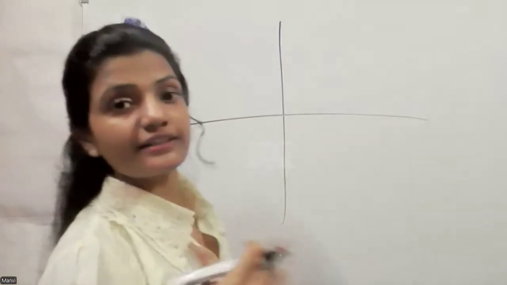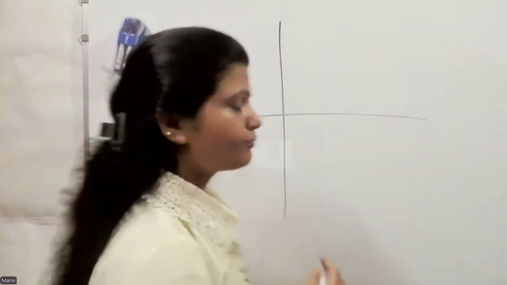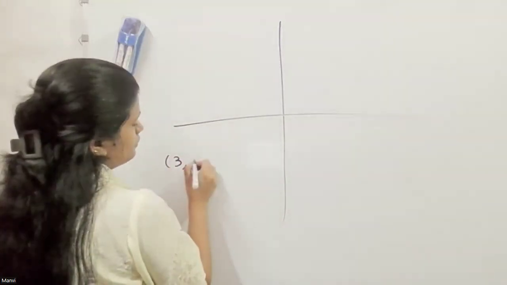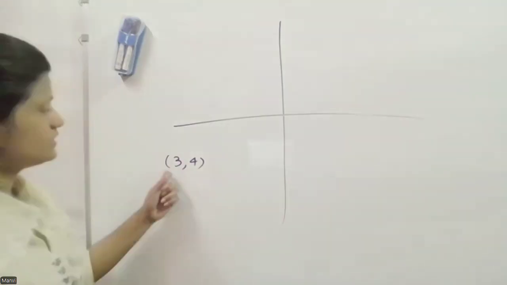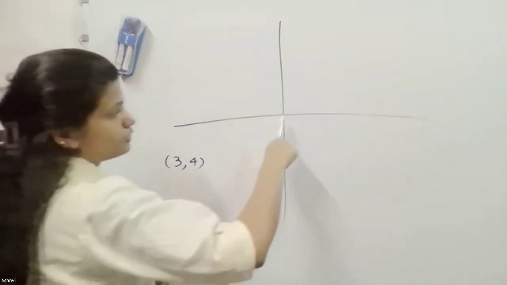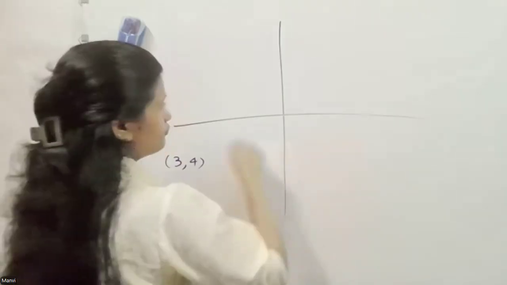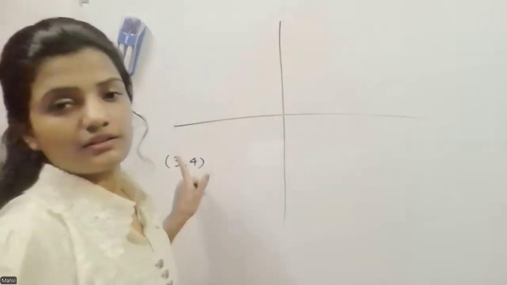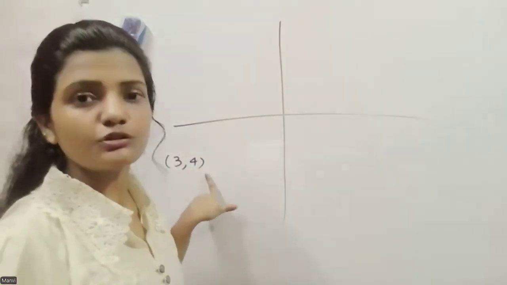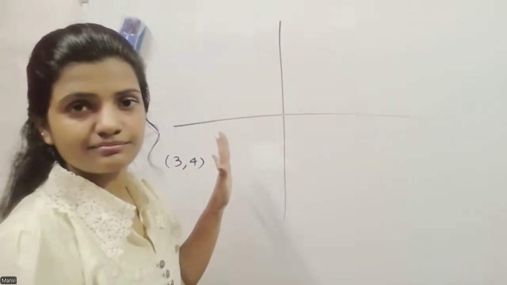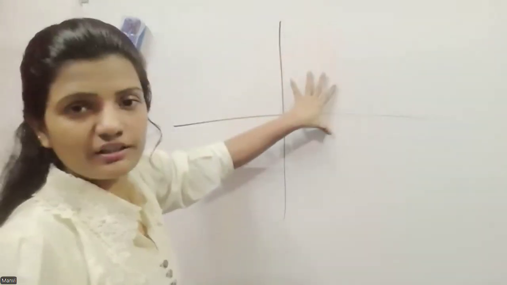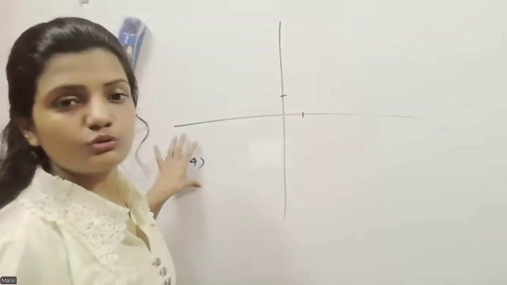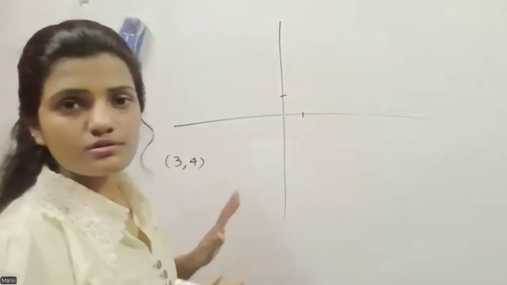Sometimes what they do is they give us the coordinate grid, okay, and they ask us to locate the different points. The values of all those points are given. Like the first point is 3, 4. So this 3, 4 means first go 3 units across and 4 units up. The point where both intersect, that is 3, 4. Would you be able to denote that? Yeah, I can. When you have this coordinate grid, they write all those numbers, and they give you a few points, then you're able to denote all those.